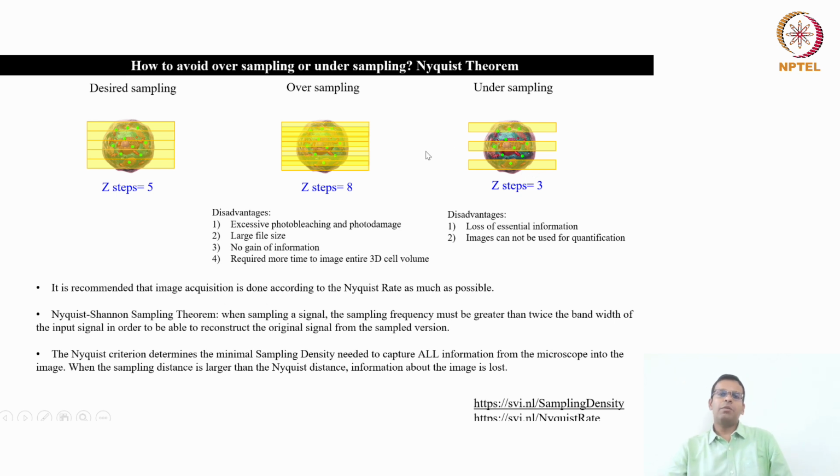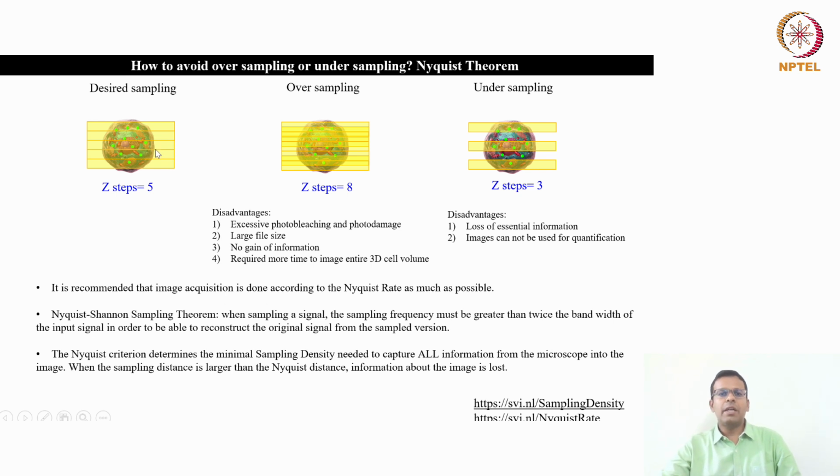So basically you have to define these steps to the microscope. You have to tell your microscope software that you have to take, let's say, 5 Z steps at every 200 nanometer or 250 nanometer distance, to cover the entire Z volume of the cell. So how should you decide the number of Z steps and the distance between the Z steps, at what distance the microscope should take these multiple stacks? You have to define that.